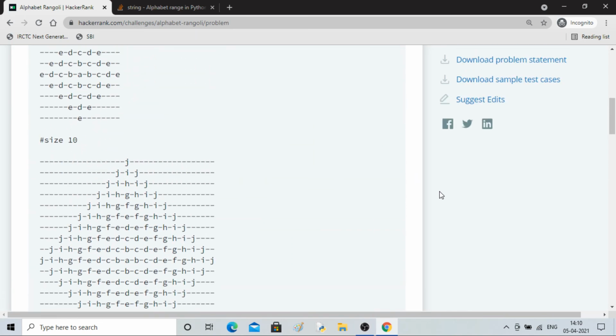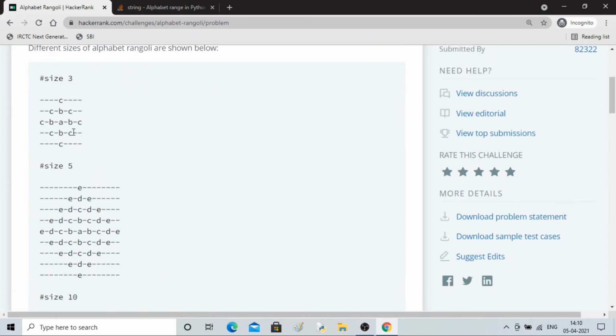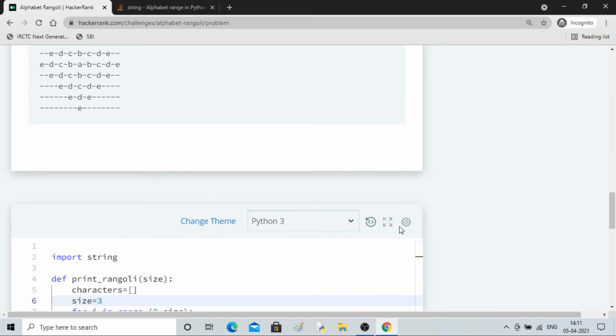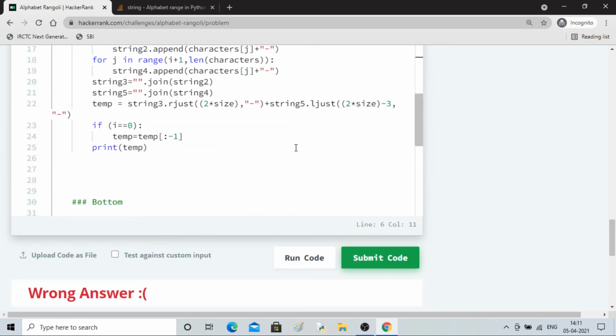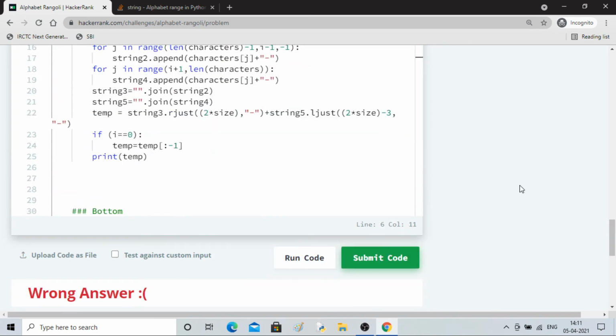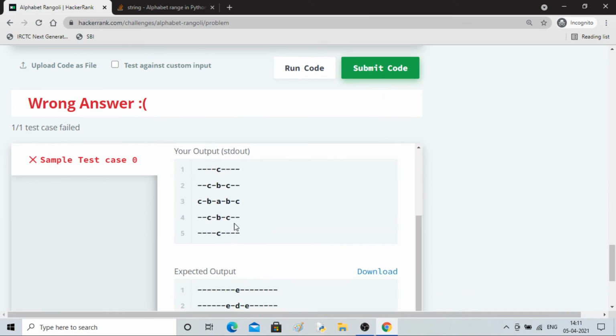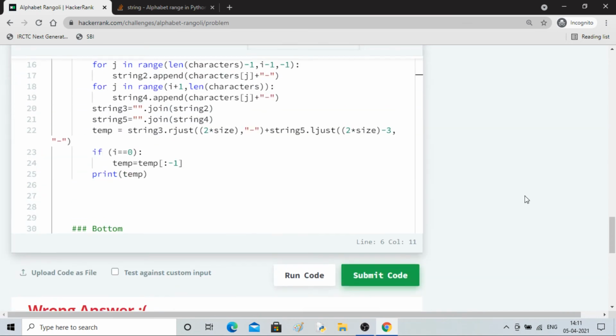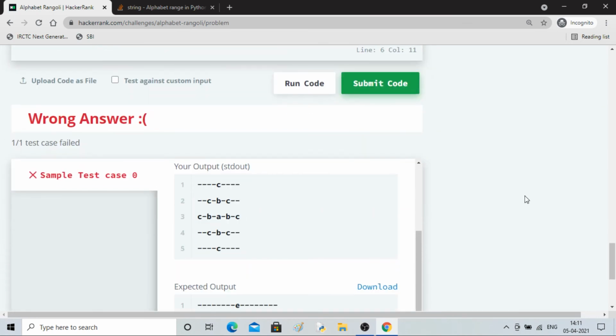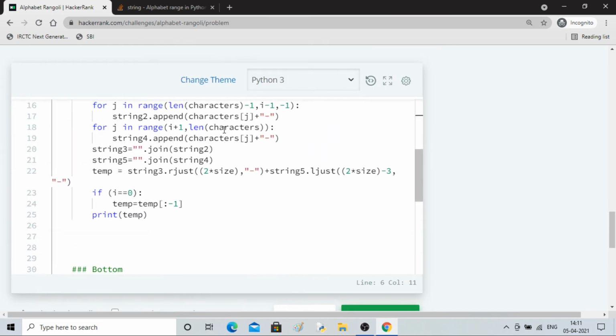Let's see the third one. CBC, CBAC, yeah, it is correct. We are getting the correct answer for 3. Let's do it for 10.